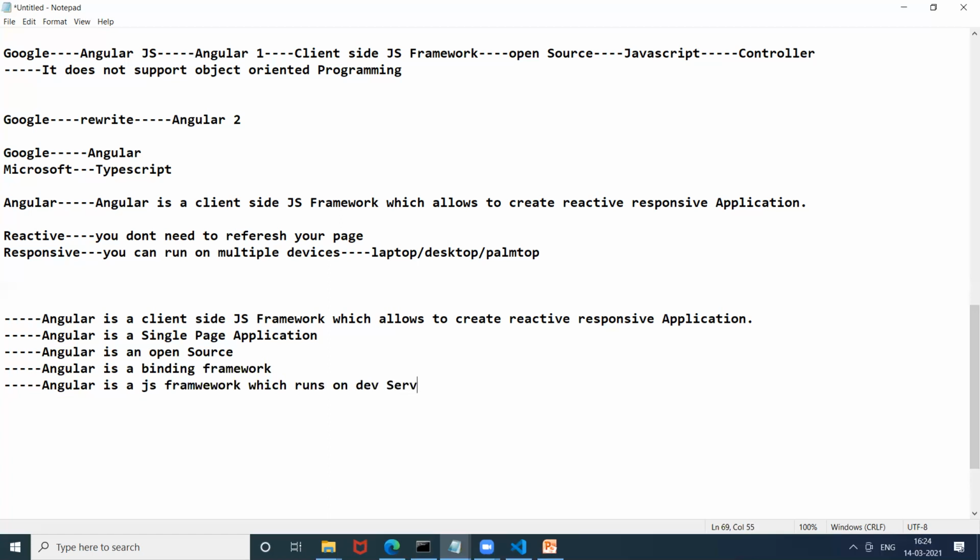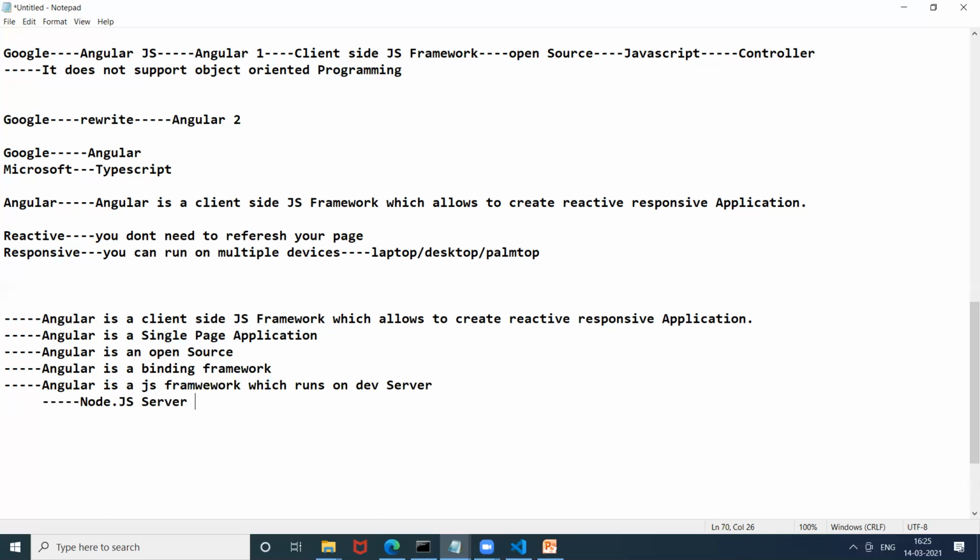And what is a dev server, Komal? Dev server is our localhost server, and that is called node.js server. So when you use Angular and do the programming, you need to install the node.js server, right?